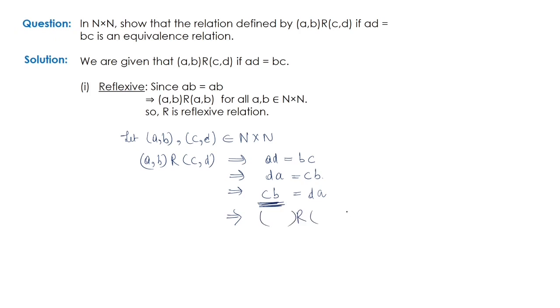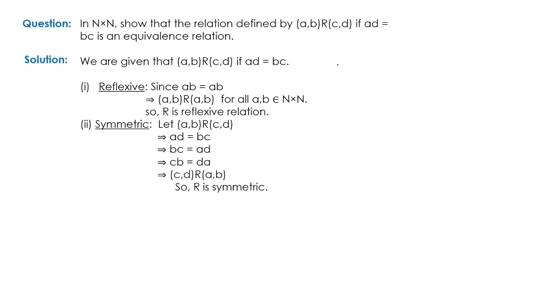We have to define like this. In the left hand side I have C into B. So the first element C is the first element of the first ordered pair, and the second element is the second element of the last ordered pair. Now on the right hand side, the first element is what? The last element of the first ordered pair, and the second A is the first element of the second ordered pair. Now in the relation we have considered that (A, B) is related to (C, D), and in the end we get that (C, D) is related to (A, B). So hence we can say that my relation is a symmetric relation.